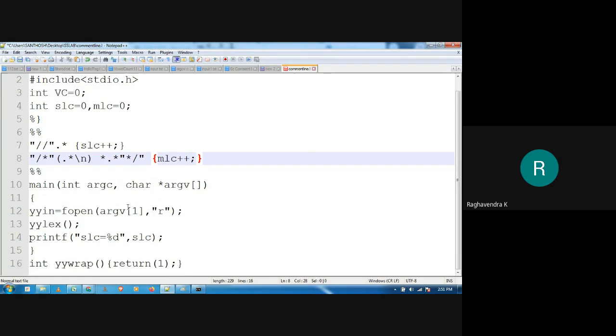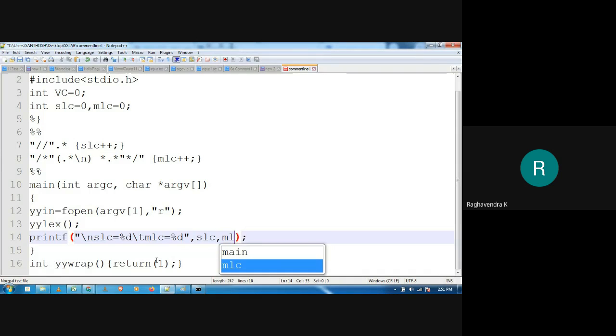So let us also print it, percentage d. So let me run the program again.